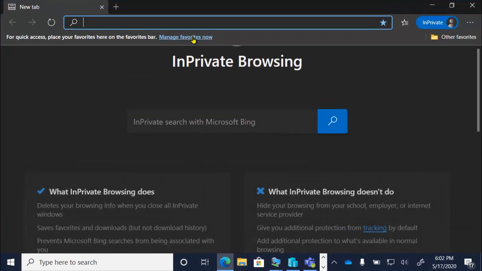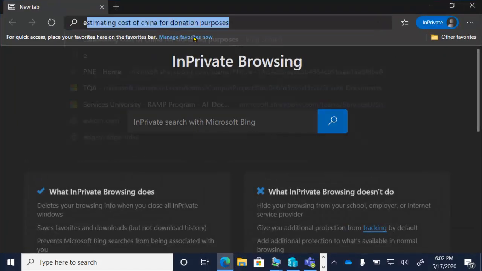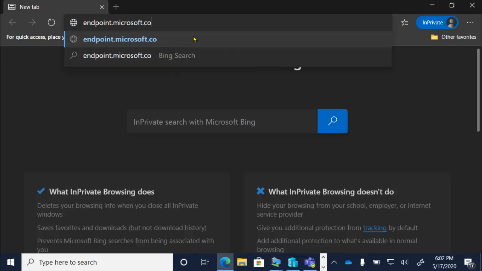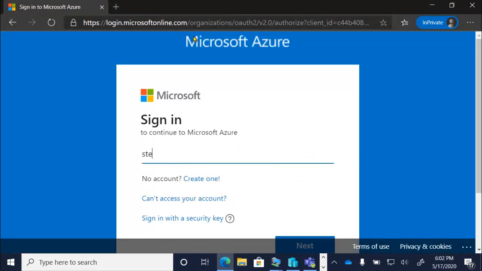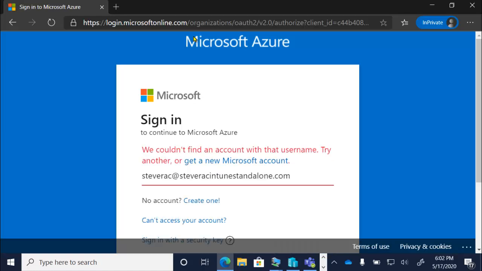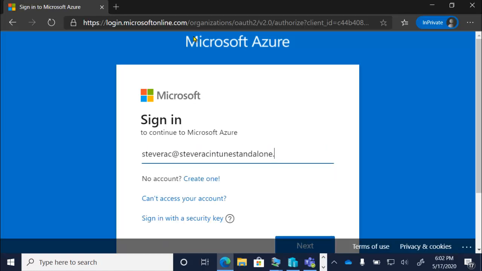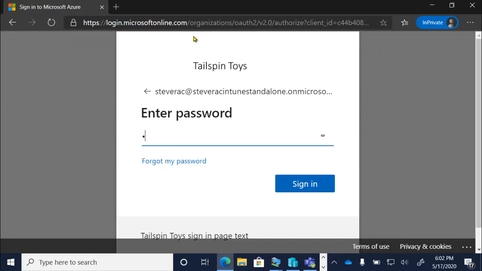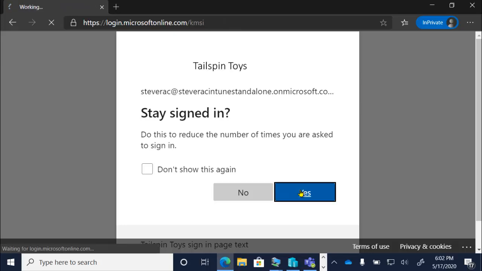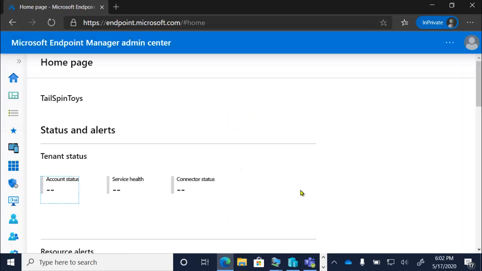The other thing I just want to show you, and it's not there yet, right? It's not there yet. Let me just open up this browser window in private. So I just want to show this to you, even though endpoint.microsoft.com doesn't have any bearing on the client health discussion today. Sorry, I can't type and talk at the same time. Oops. Oh, wait a minute. Yeah, see, I told you I can't type and talk at the same time. There we go. Okay. And yeah, so I just showed this to you because this is a 2002 environment that you're seeing of